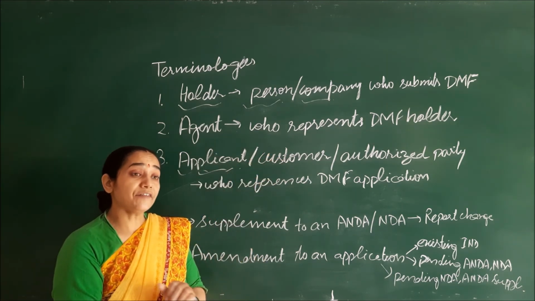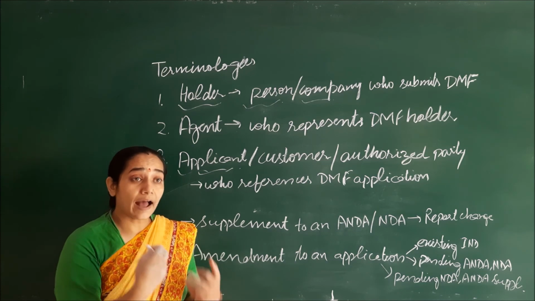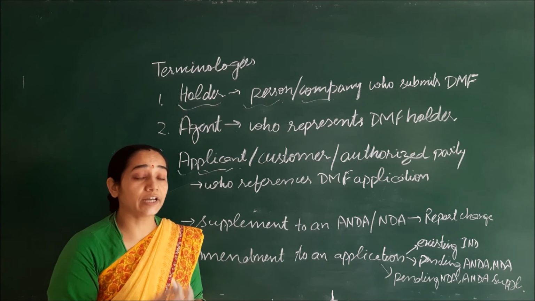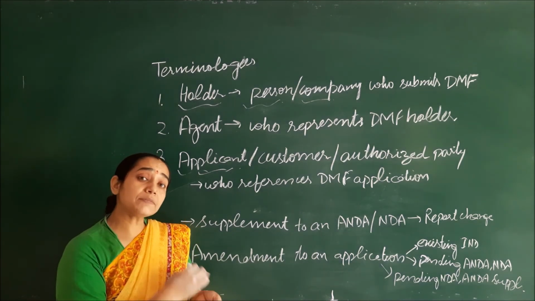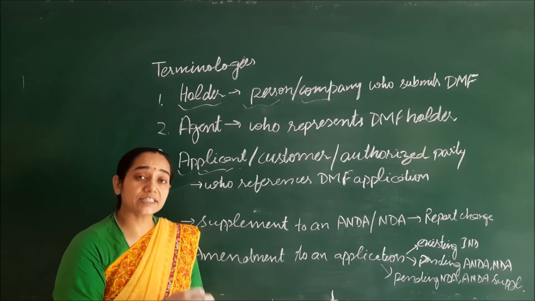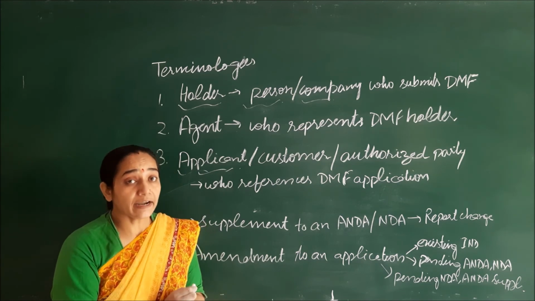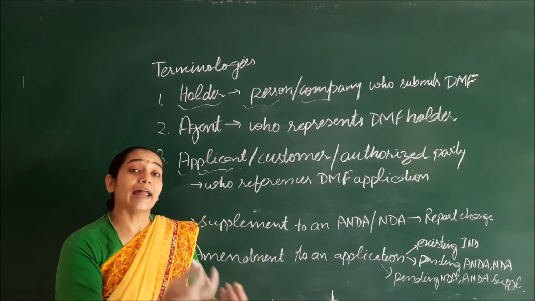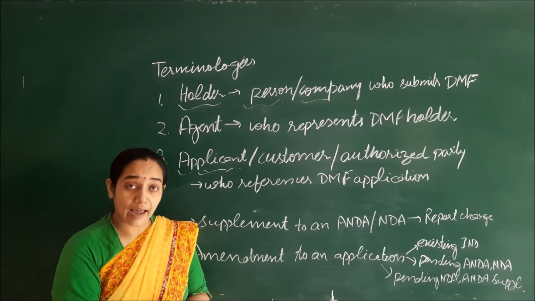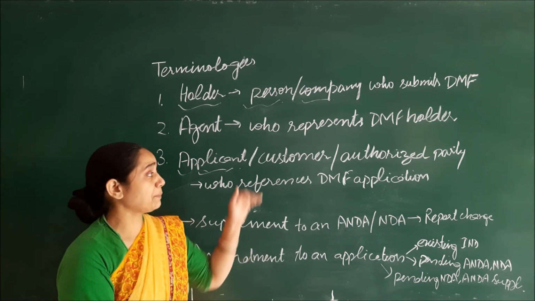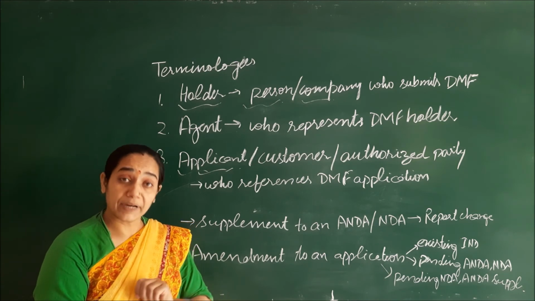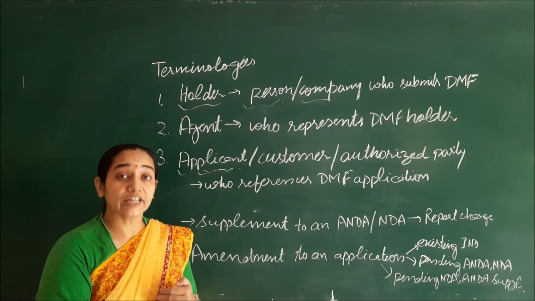For example, if I say I have an industry and I am synthesizing active pharmaceutical ingredients. Now I am selling those APIs to pharmaceutical industry B, for example, and that industry is utilizing my API for the production of different products, maybe tablets, capsules, or whatever it may be. Now I have an API, and I have made the drug master file for the API.